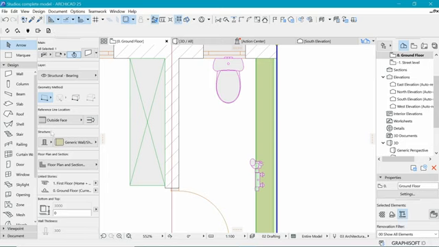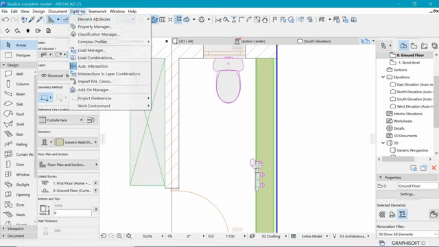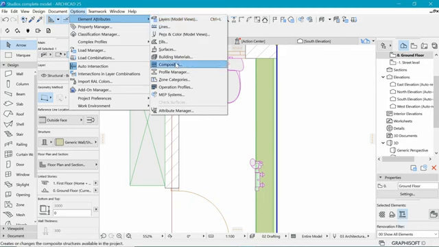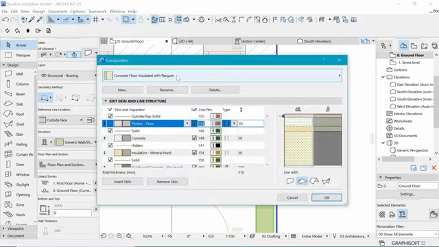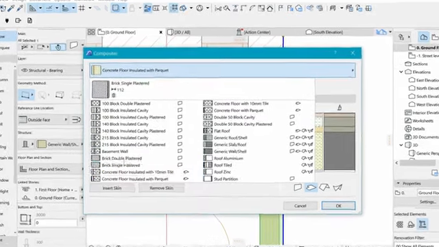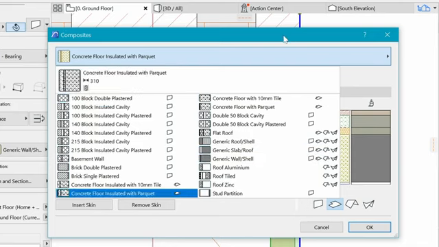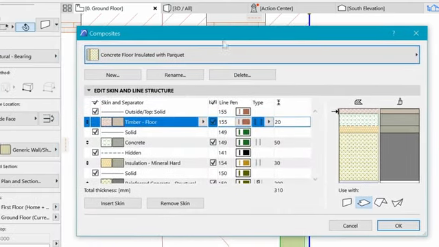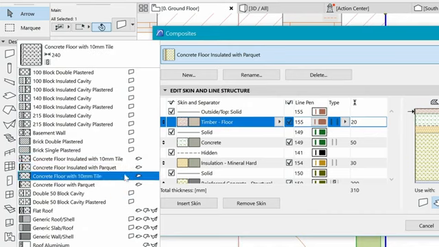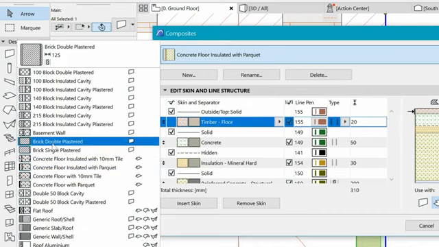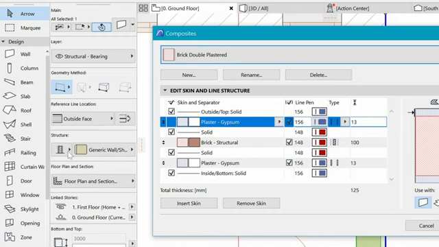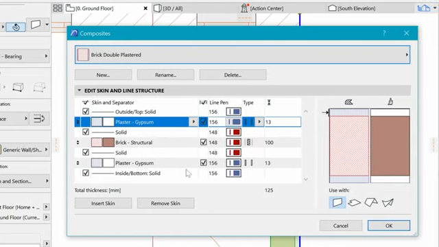So in order to make our own custom layer, we need to go to options, element attributes, and then go to composites. So in here is where you create those kinds of walls. You can see that within Archicad we already have some composite settings, and we want to be able to edit those. For example, I'd like to start with what is already existing, the brick double plastered, because that's what I'm looking at. So we already have a brick double plastered, but it is 125 millimeters thick, and yet our walls